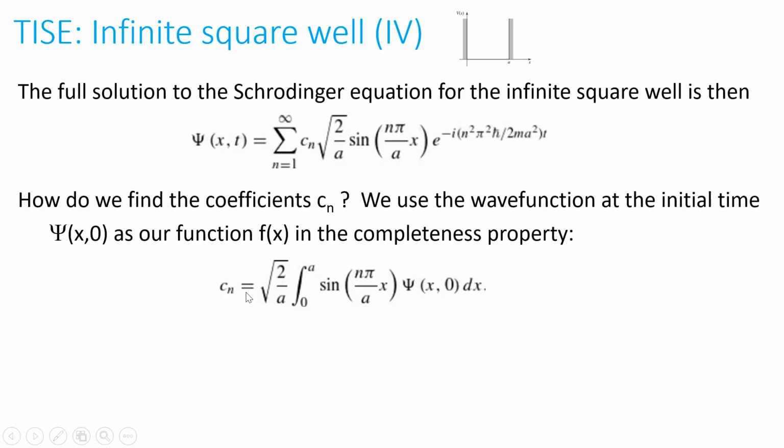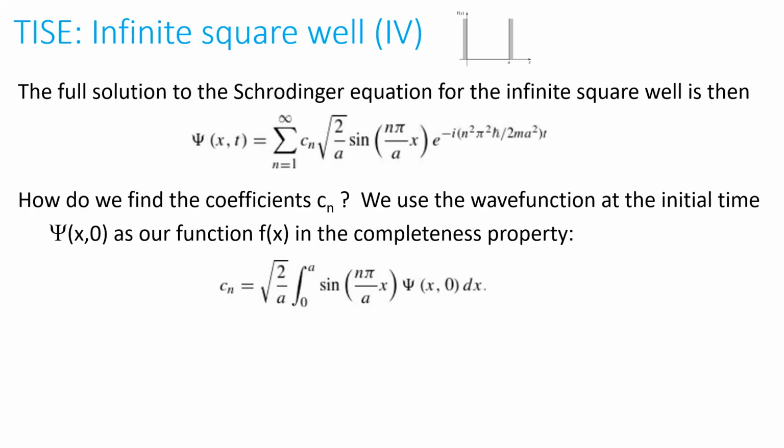So we would find Cn as the square root of 2 over a times the integral from 0 to a of sine of n pi x over a times psi of x and 0 dx. So that's just what we had before, except we've plugged in square root of 2 over a sine of n pi x over a for psi n star of x, and we've plugged in psi of x and 0 for f of x. So that would allow us to represent psi of x and 0 as this infinite series, and these coefficients would then apply